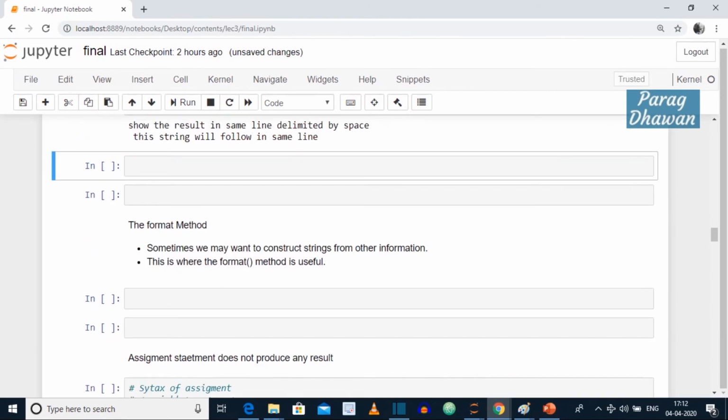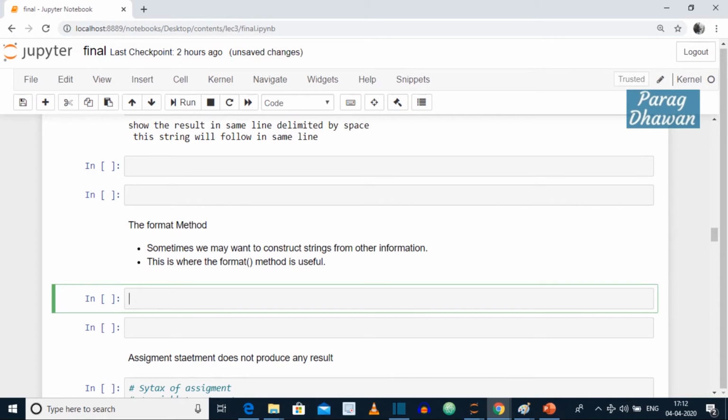Print using the format method. Sometimes you want multiple strings which are already present in our notebook to be printed in a print statement, then you can use the format method. For example, print with opening and closing parentheses.